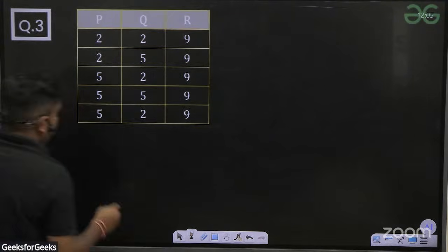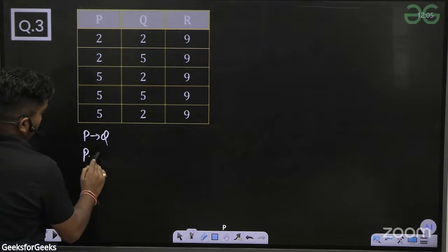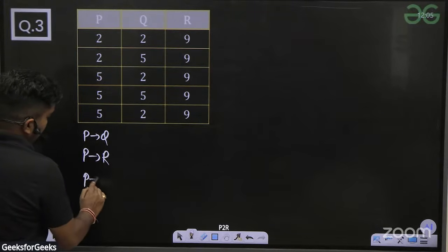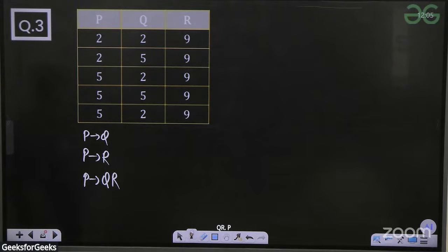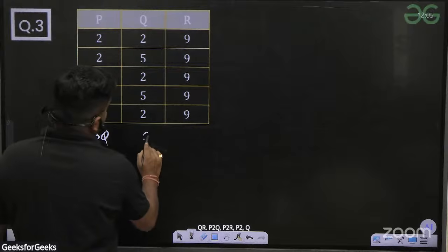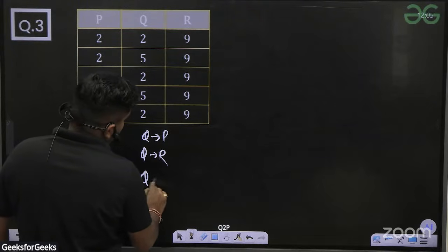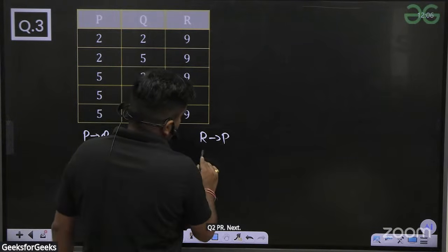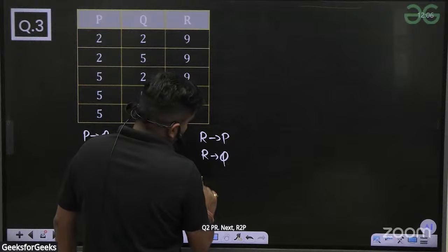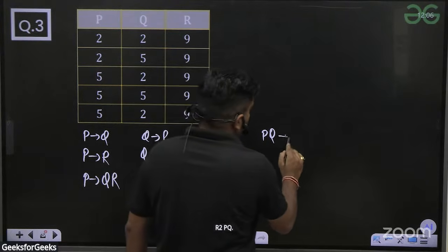What are the combinations? P2Q, P2R, P2QR. Now you can pick Q: Q2P, Q2R, Q2PR. Next R2P, R2Q, R2PQ. Next two attributes on the left: PQ2R,